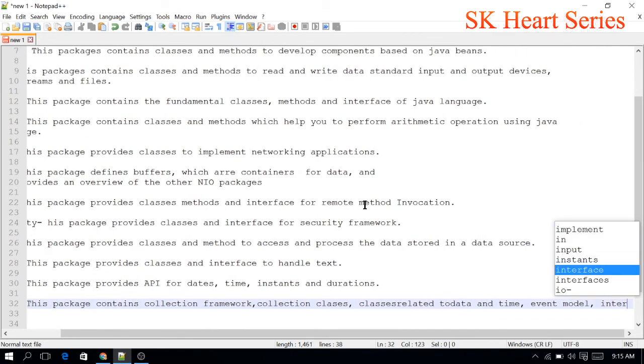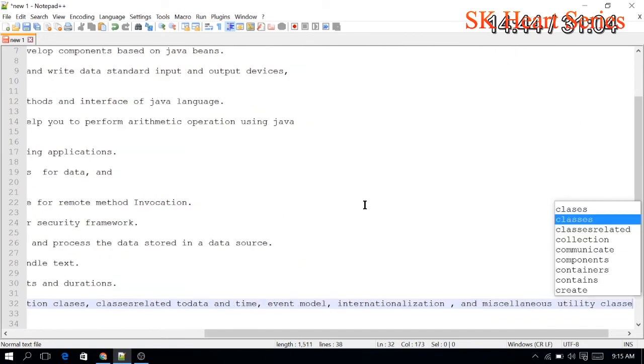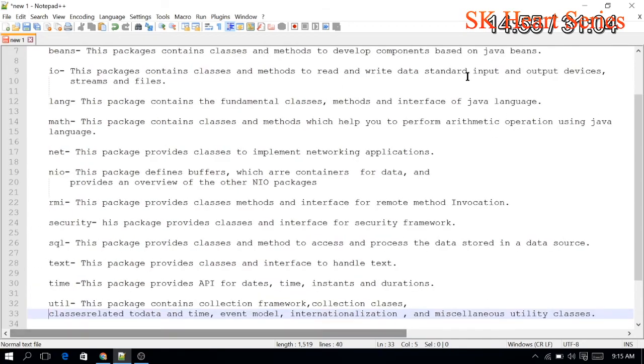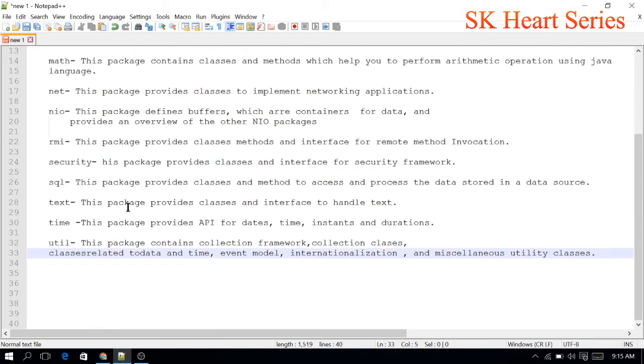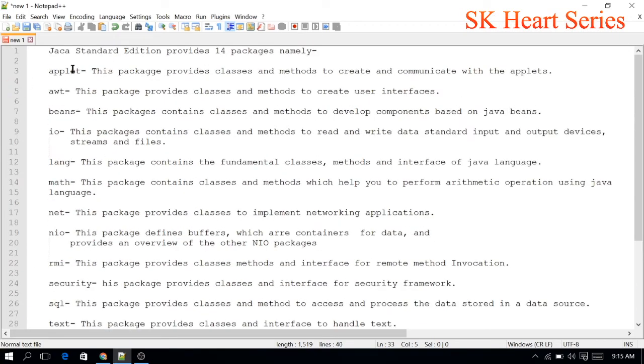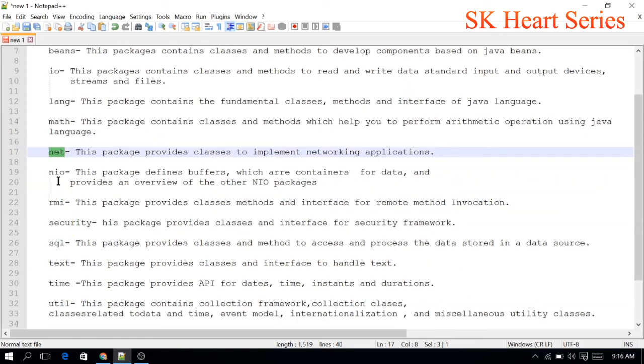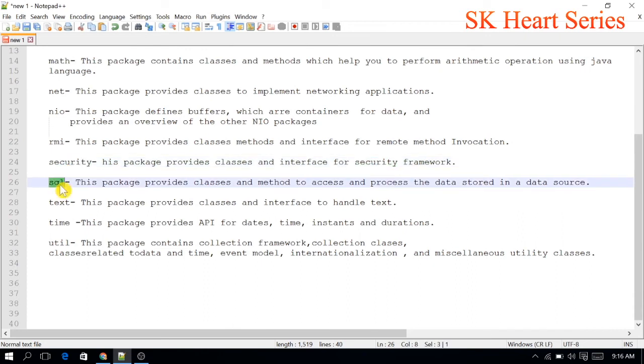Here you can see 14 packages are in Java. We will count once again: 1, 2, 3, 4, 5, 6, 7, 8, 9, 10, 11, 12, 13, 14.